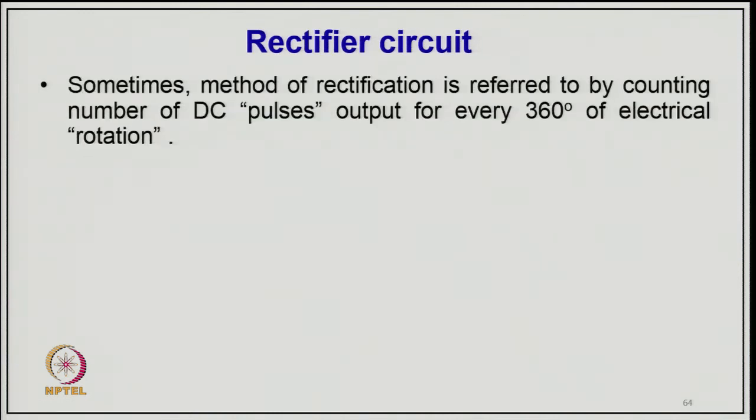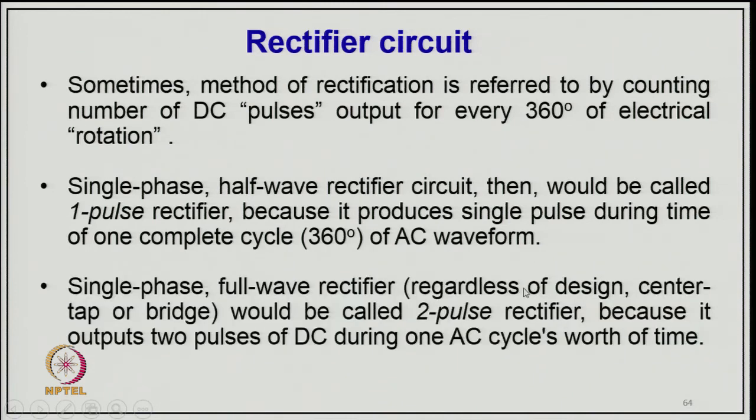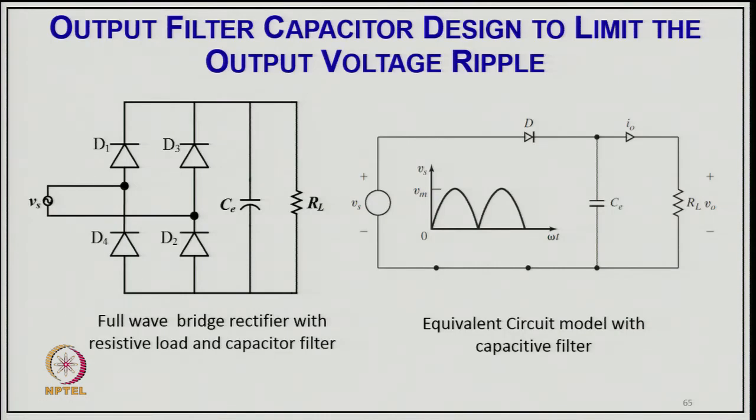Sometimes the method of rectification is referred to by counting the number of DC pulses output for every 360 degrees of electrical rotation. A single phase half wave rectifier circuit would be called a one pulse rectifier, because it produces a single pulse during one complete cycle of 360 degrees of the AC waveform. A full wave rectifier, regardless of design, center tap or bridge, would be called a 2 pulse rectifier, because it outputs 2 pulses of DC during one cycle of the AC waveform, and you can call this a simple diode full wave rectifier,